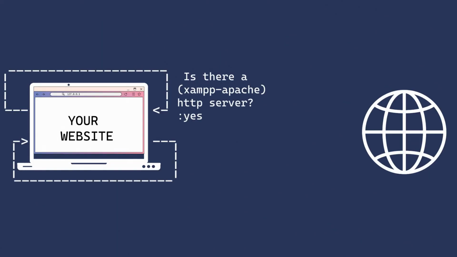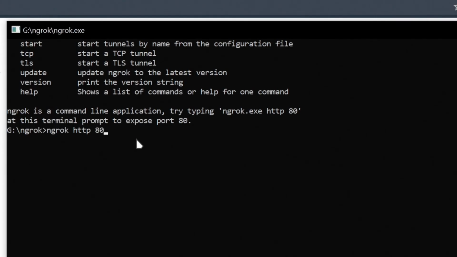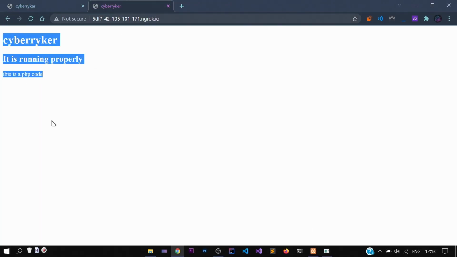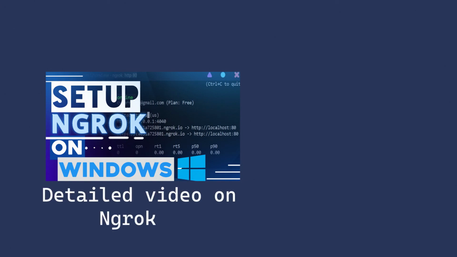But localhost can only be accessed by you. How would it be if it could be accessed by everybody over the internet? You would not have to buy hosting services, right? Well, there are many tools to do that, like ngrok and Loophole, etc. With ngrok, you can get a link which will redirect to your localhost, and your own computer will be working as a host. I have already made a video on ngrok. Click here on the left video on the screen and see how you can make your localhost available for everybody. I will also give the link of the video in the description box.